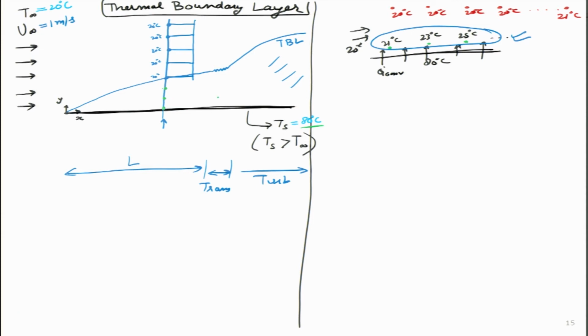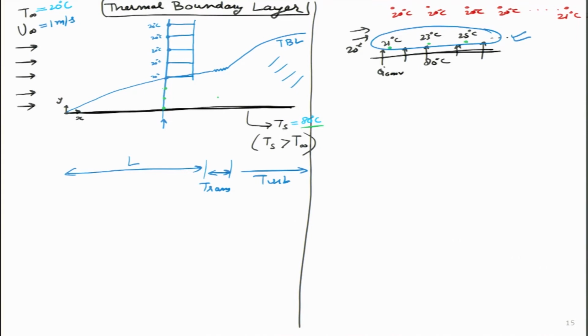And what happens to the last air molecule, because of the no slip condition? You remember earlier we have already seen that it will be stationary. It becomes so good a friend with the solid surface. It has decided to stay over there, stick with the solid surface. It is not moving anymore. Furthermore, its temperature becomes equal to the solid surface temperature, which means the bottom point will become 80 degrees over here. So then I can connect this curve like this. It goes like this, and then the arrows will be drawn like this.